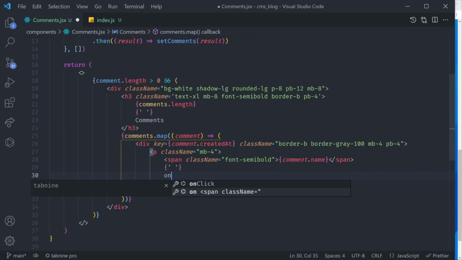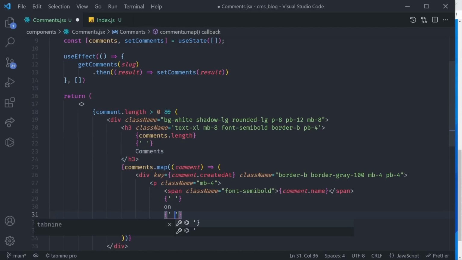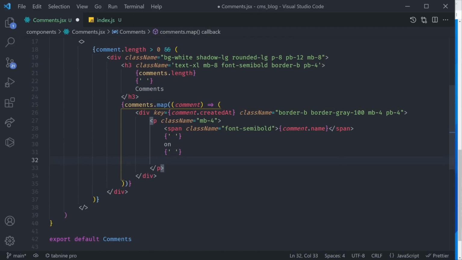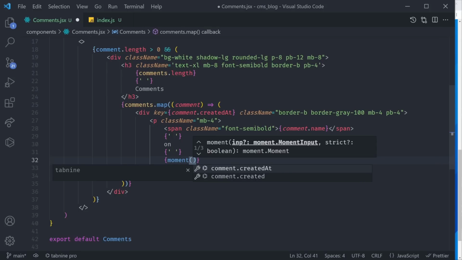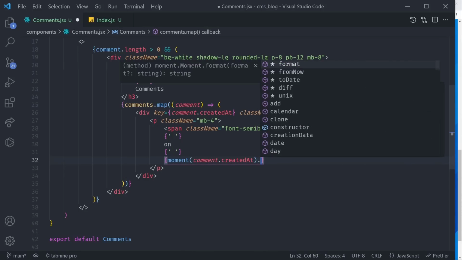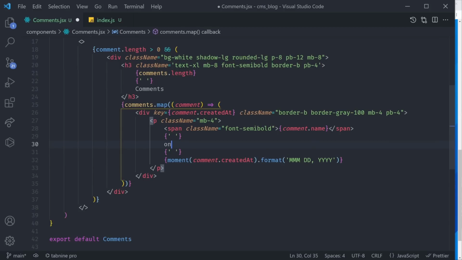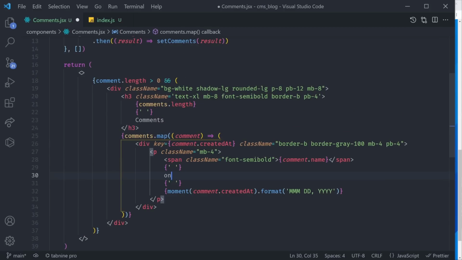And right here, we are going to use the moment library to say comment.createdAt, and then .format to get the month, and then dd, and then comma, 4 times y. There we go. This is going to give us our date,